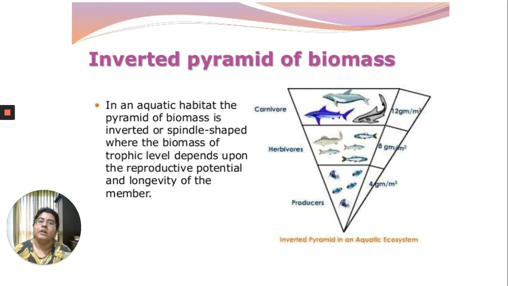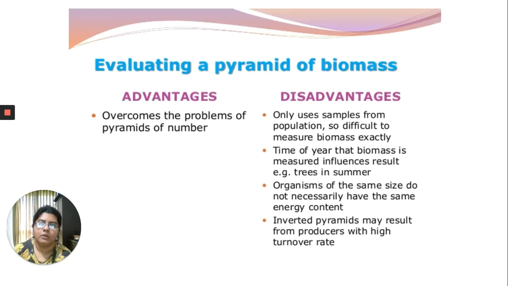You will not find 2000 sharks feeding on just 100 fishes. So only in one area there will be one or two sharks. That is their niche. Because if more sharks come, food will be short. Okay. So pyramid of biomass does not tell about number of individuals. It tells what is the mass of each trophic level. Again, pause the video to go through some advantages and disadvantages of pyramid of biomass.